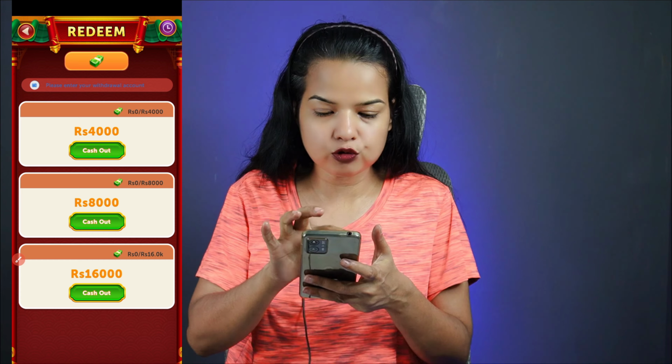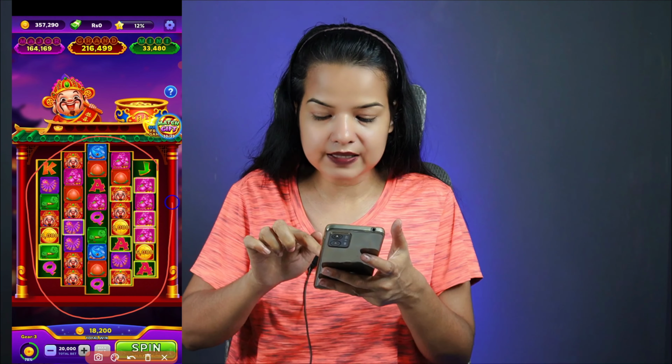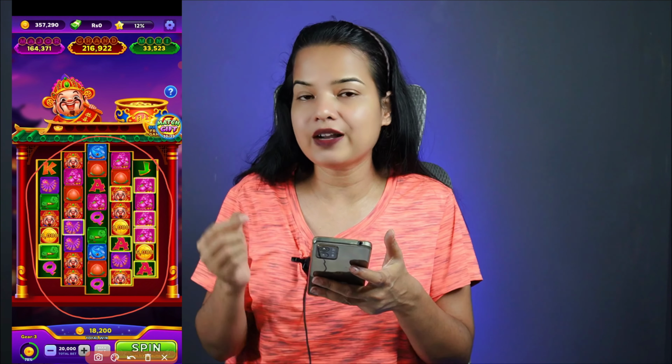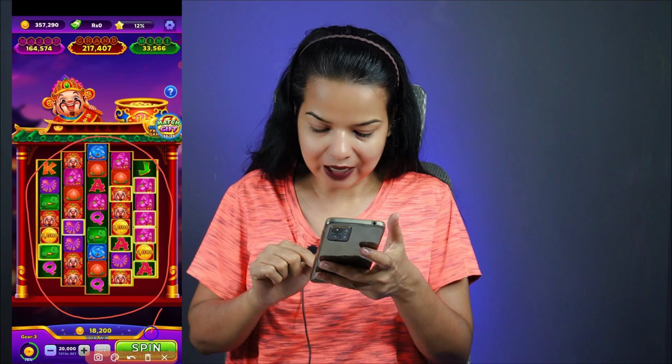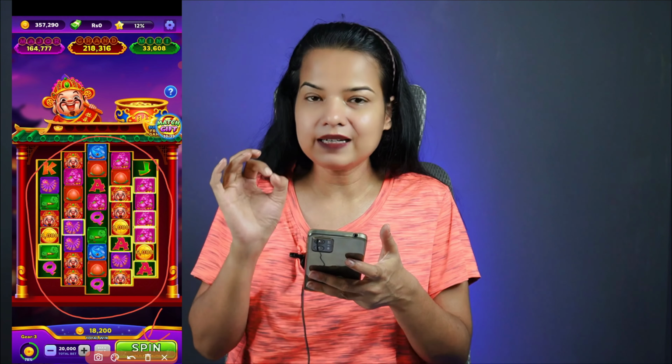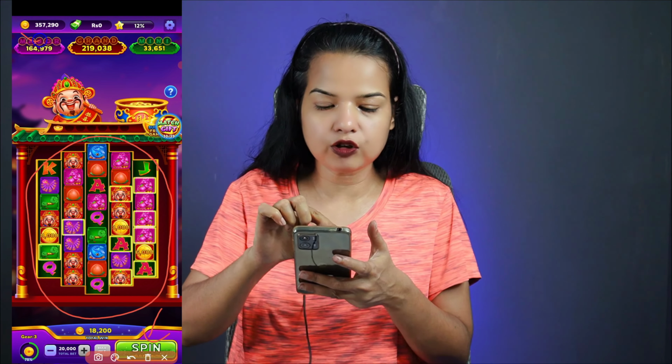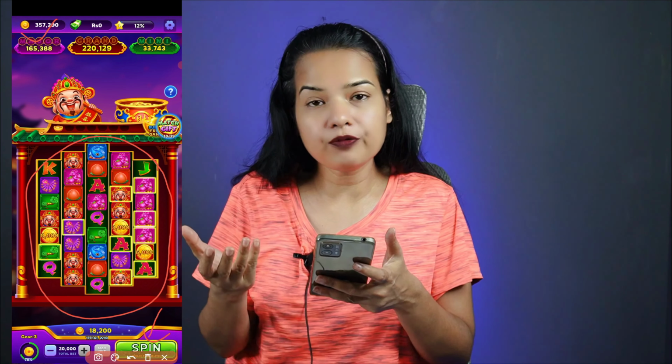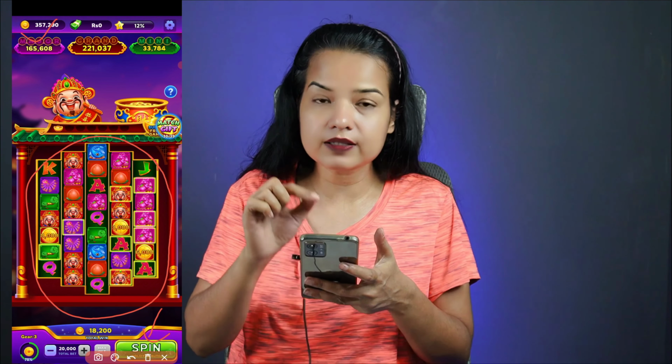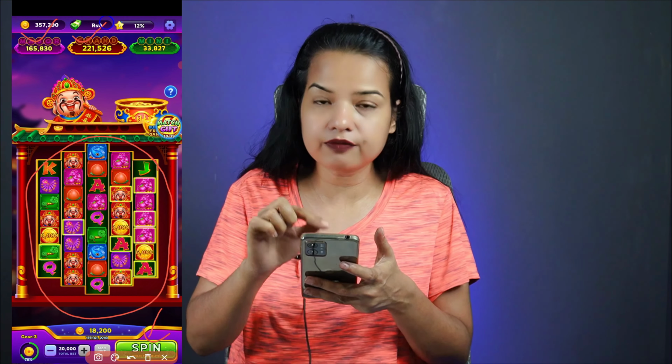If we go back to the main interface, this is the section which we get after every spin. When we tap on spin, we get either coins which we can't withdraw, or more spins, or sometimes gift coupons which give us some rupees.